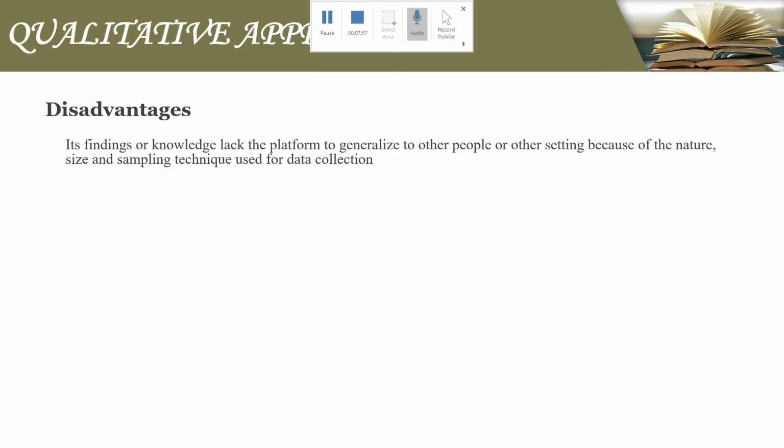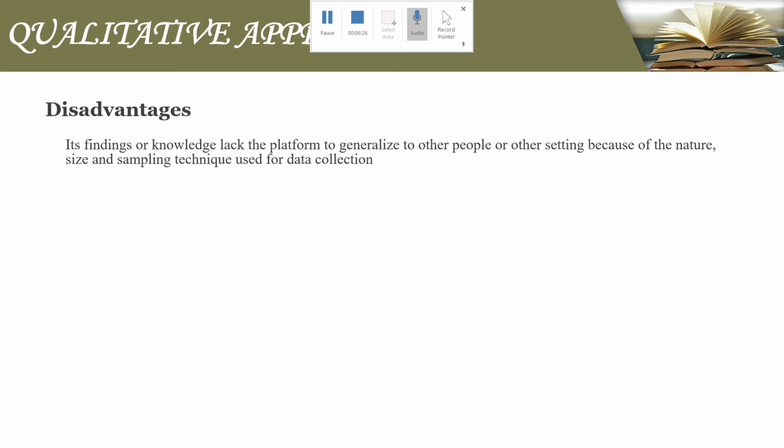One, its findings or knowledge lacks the platform to generalize to other people or other settings because of the nature, size, and sampling technique used for data collection. Here, we are limited. You cannot generalize your findings to assume the total population or the total phenomena you study because of the sampling and the nature of research